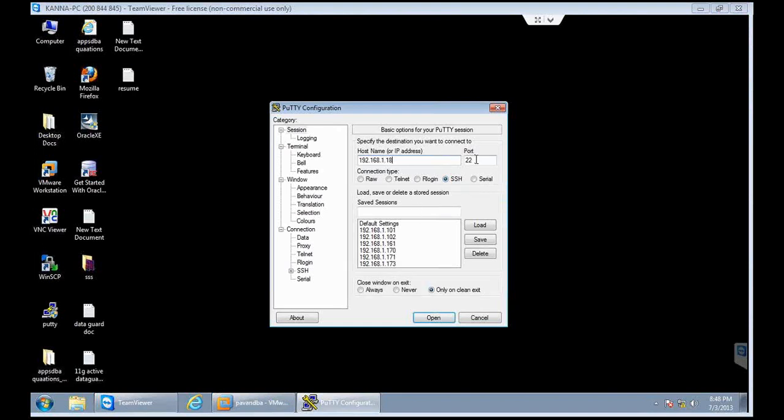192.168.1.18, and below that you can see connection type, and the connection type generally we will follow SSH only, and the port number. SSH stands for secure shell. We will talk about what is this secure shell at a later point of time. For SSH the port number will be 22. And if you want, you can save this session. For example, you can copy and paste here, and click on this save button,